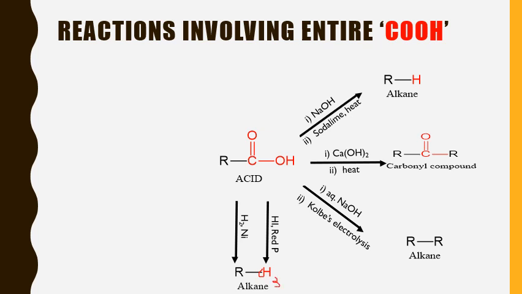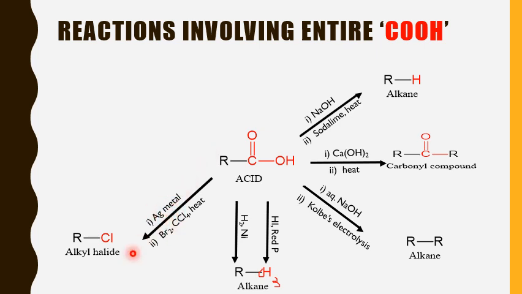Okay. So the difference between this and this is that here CO2 will be eliminated by this process. But here, by the reduction method, the carbon of the carboxylic acid remains, but this oxygen will be reduced to hydrogens by these reducing agents. That is the difference between these two methods. Okay. And the next reaction which involves the entire carboxylic group is